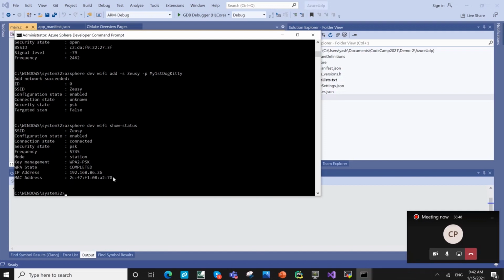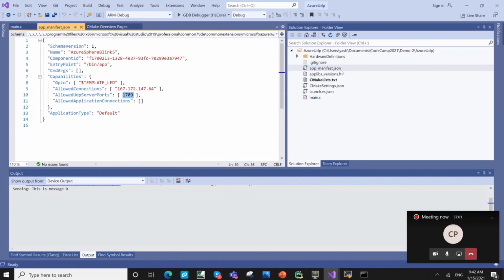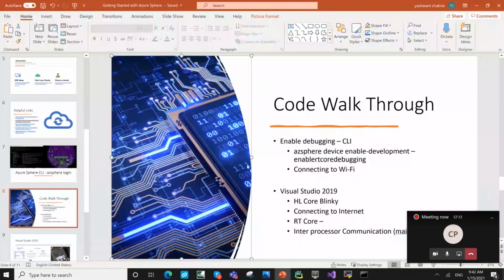Then through your API you can communicate, but you have to ensure the firewall settings are all set in this application manifest.json, and Microsoft has documented this pretty well. Let me go back to the PowerPoint slides. In the manifest file, let's say you have an IP address,